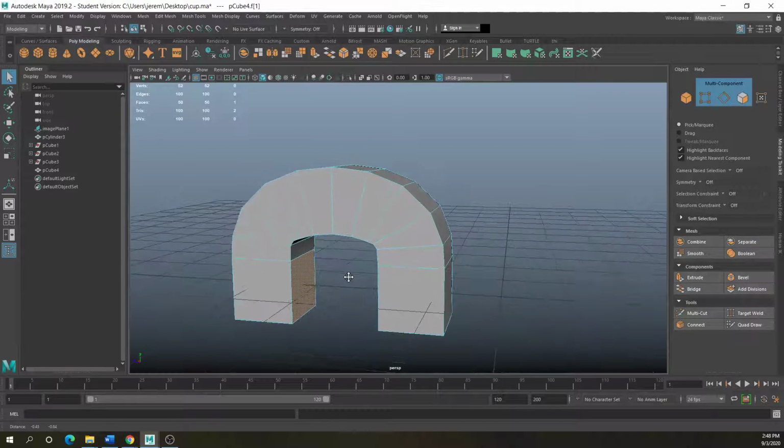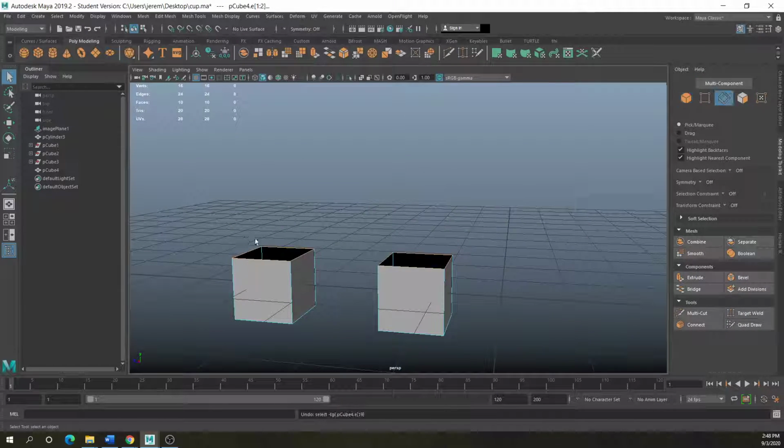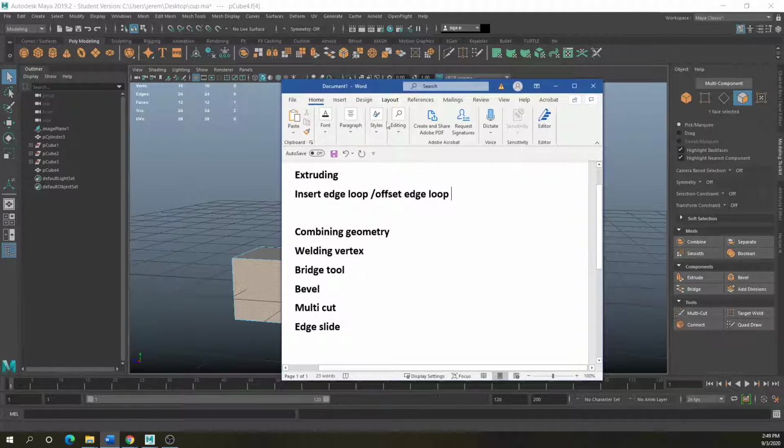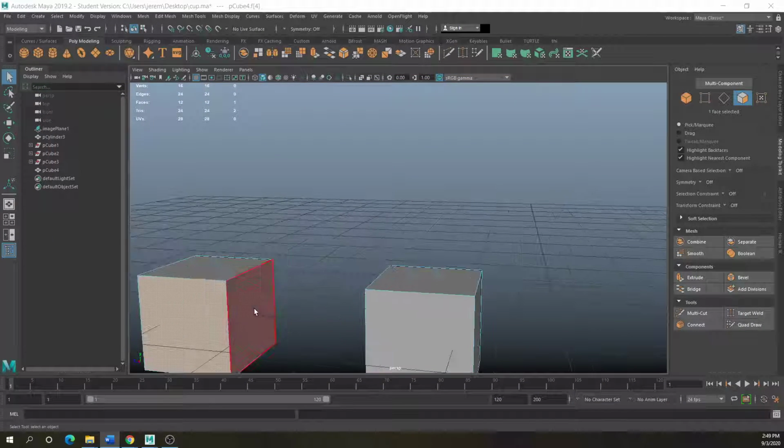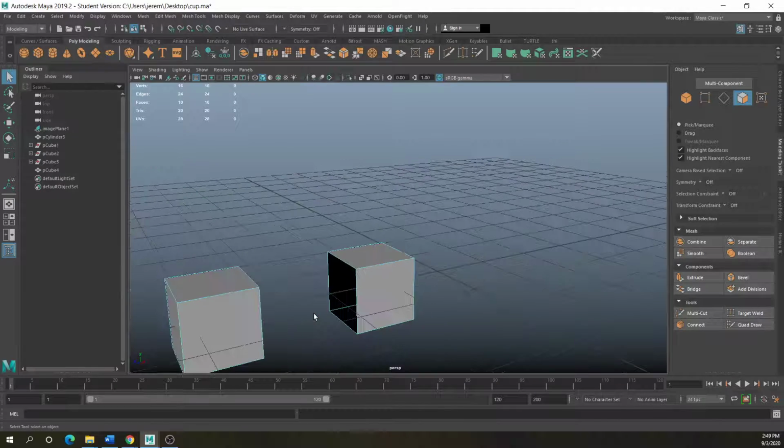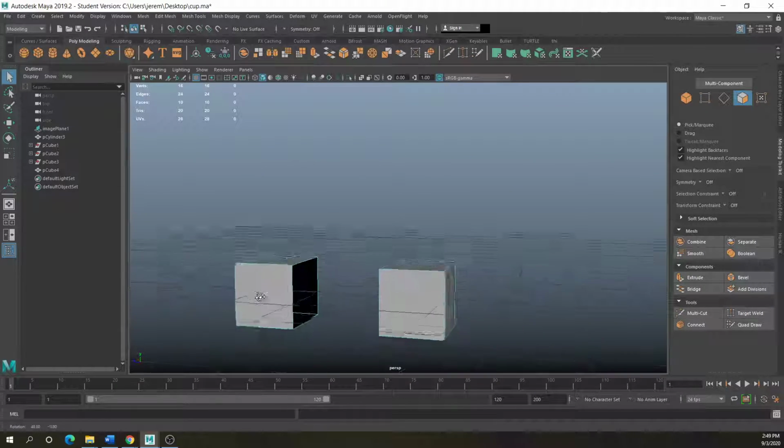When it comes to welding vertexes and stuff like that, go back to undo. You can do this by welding vertexes. I want to delete these two faces right here. Delete that face, and notice they still are the same mesh.